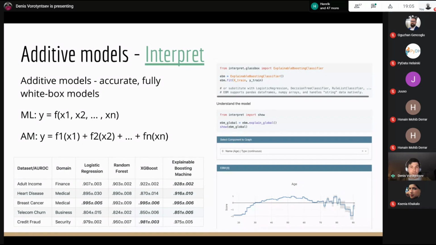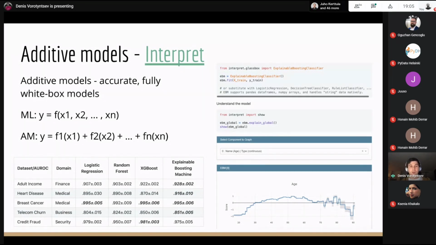And then, of course, the final prediction is just a combination of the outputs of all those shape functions. The huge plus of this approach is that by doing so, of course, we're not taking into account intersections between features, which in some cases is very bad for our problem.